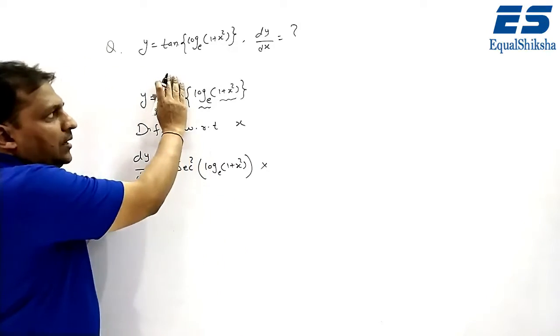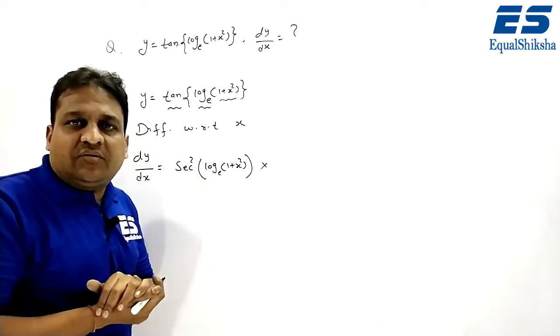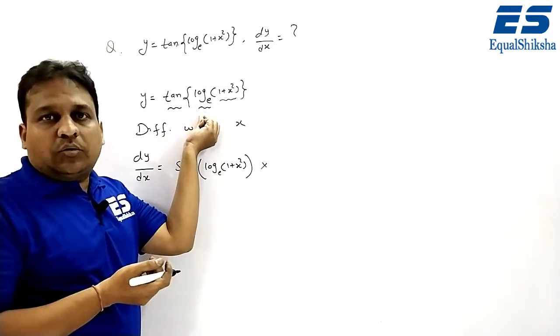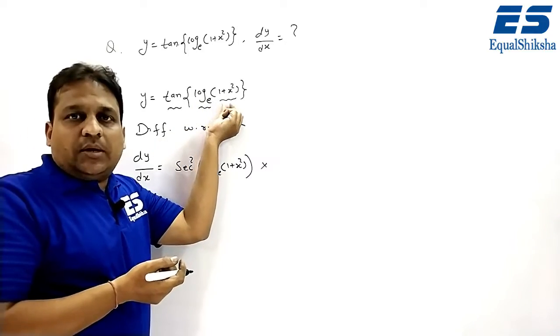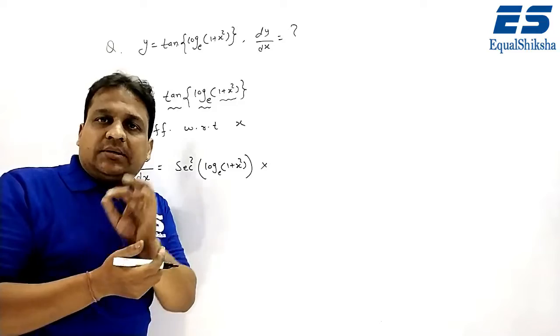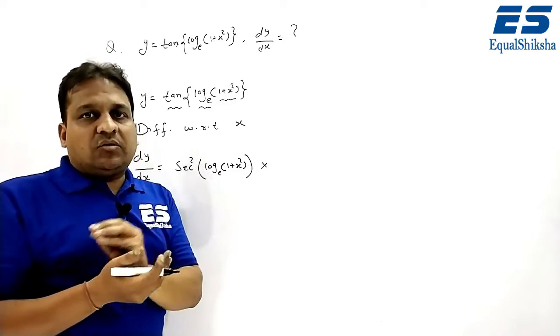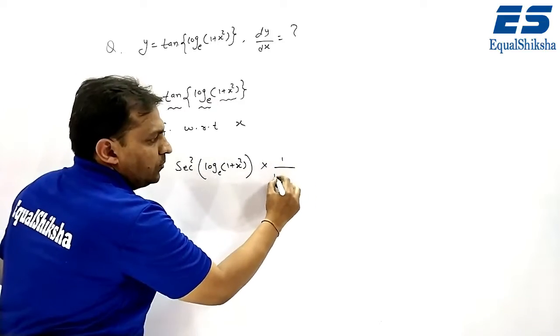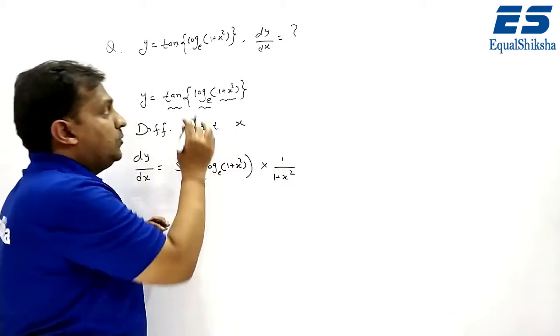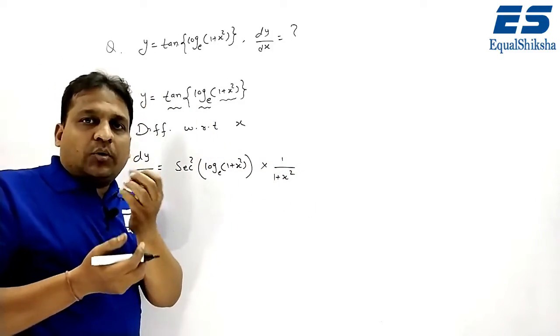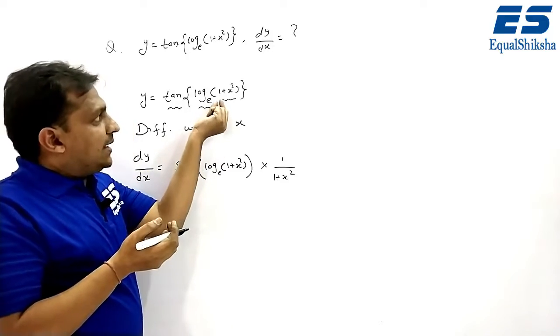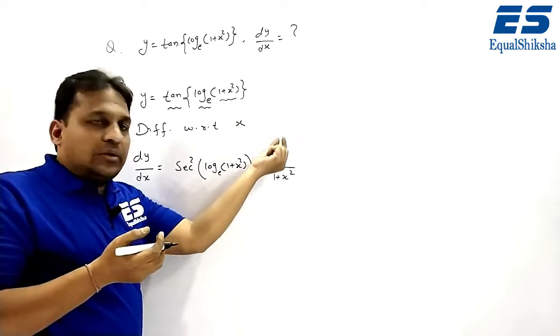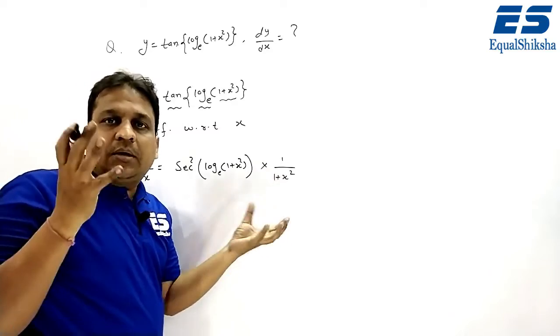tan is done. Now we will do differentiation of the second function, and the second function is log, and this 1 plus x square will be considered as an x, and the differentiation of log x is 1 upon x. So here there will be 1 upon 1 plus x square, because what is the differentiation of log x, beta? 1 upon x, and here x is 1 plus x square. So there will be 1 upon 1 plus x square.